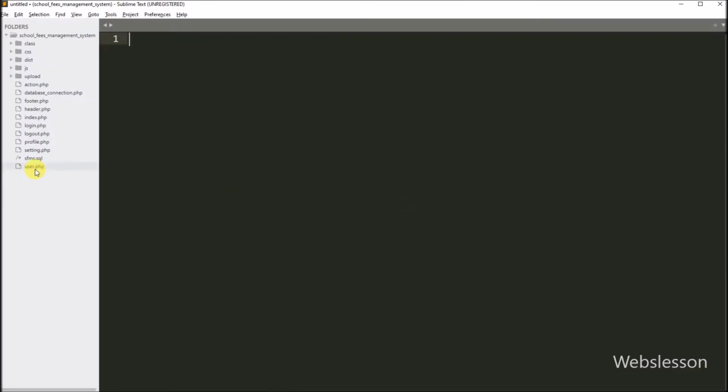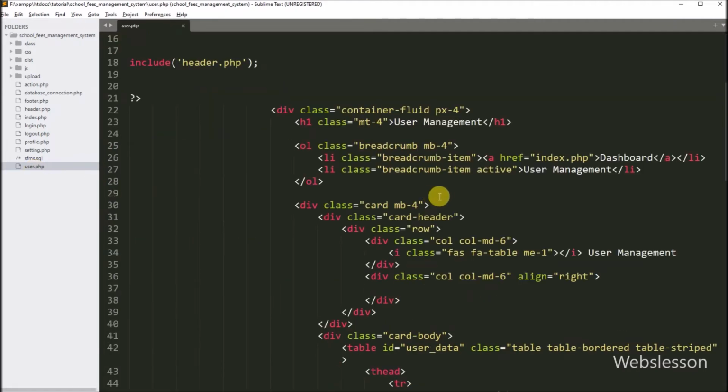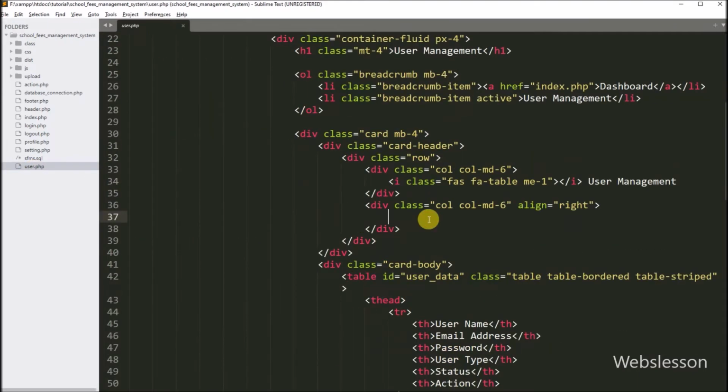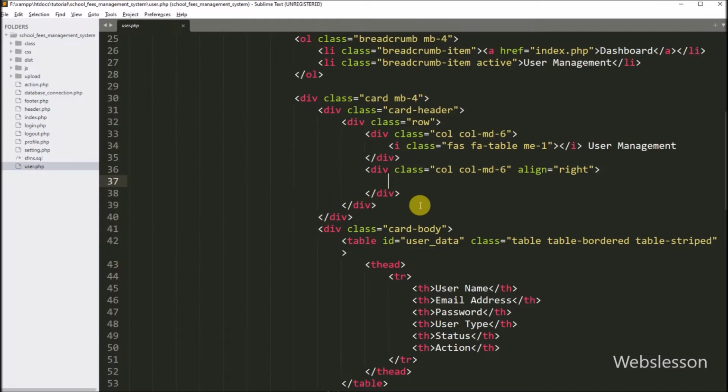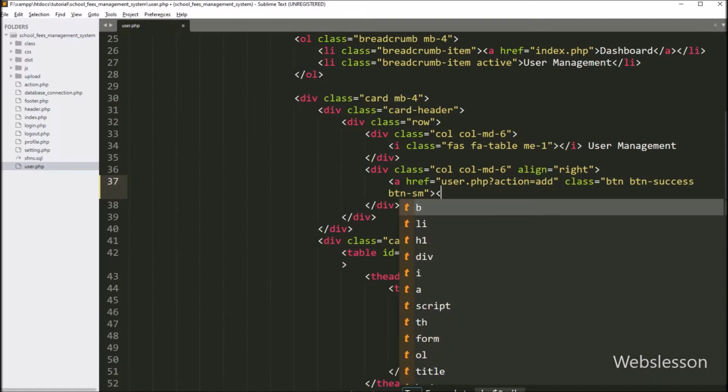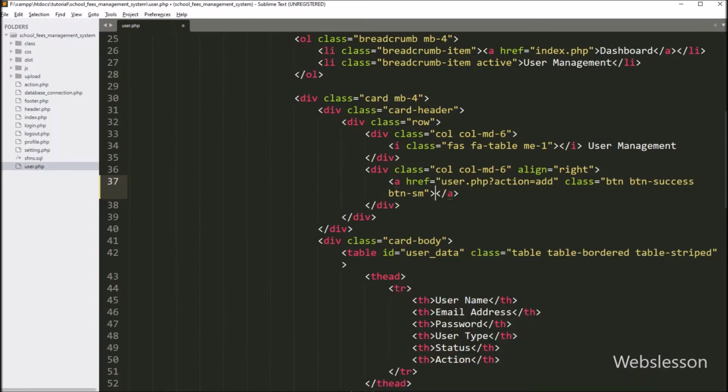Now we have opened the user.php file, and under this file, we want to make an add user link. By clicking on that link, the admin can reach the create user web page and create a new user under this system. For this, we have to write an anchor tag with the href attribute equal to the user.php file. After this, we have to write a question mark with the action variable equal to add. And under the anchor text, we have to write add, so by clicking on this link, the admin can open the add user